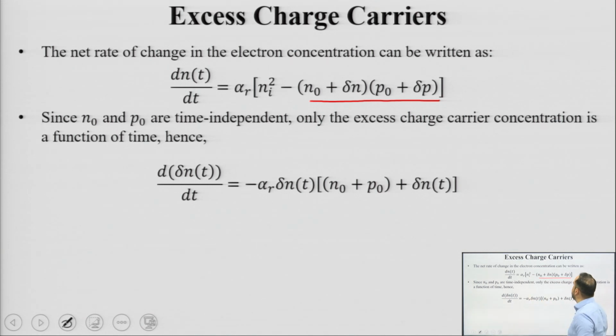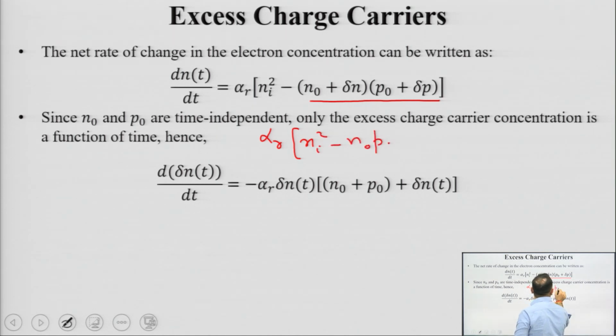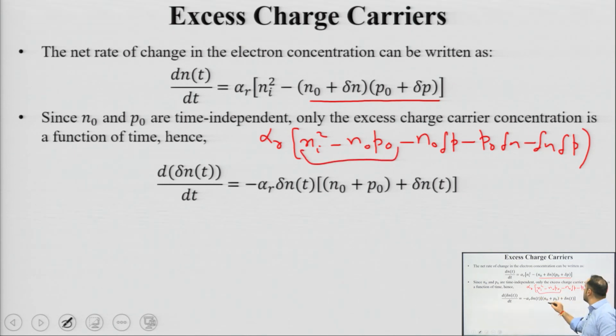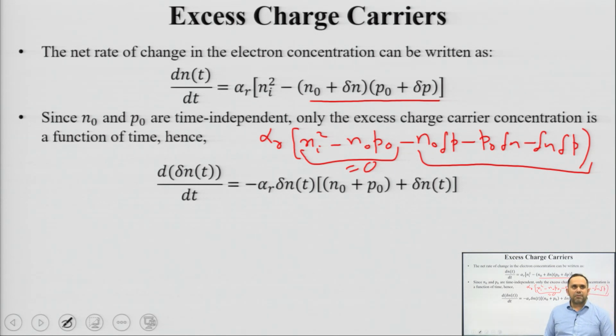If I expand this bracket, I am going to see a term here where there is alpha r Ni square minus n naught p naught, and minus n naught delta p, minus p naught delta n, and minus delta n and delta p. Now, this n naught p naught is equal to Ni square as per the law of mass action. So, this term is going to cancel to 0. We are only left with these terms, and you can reduce them by making a small assumption